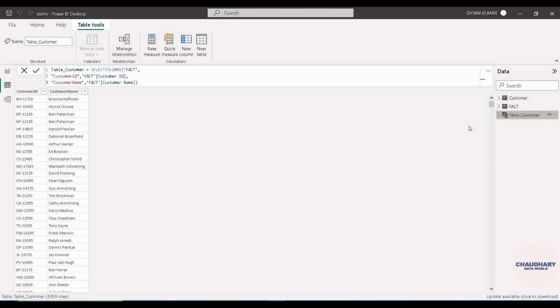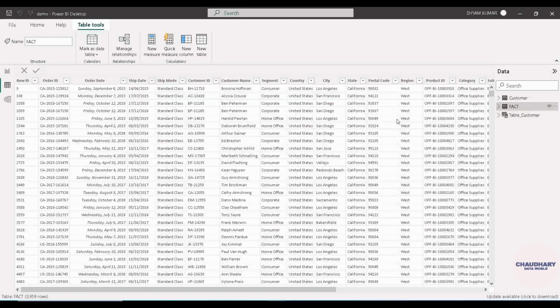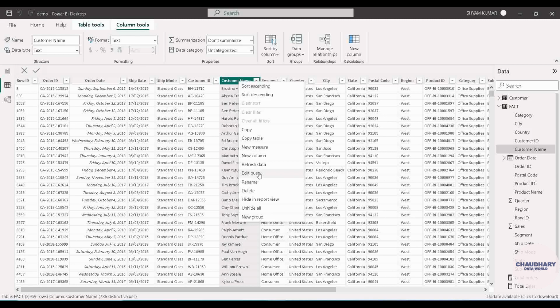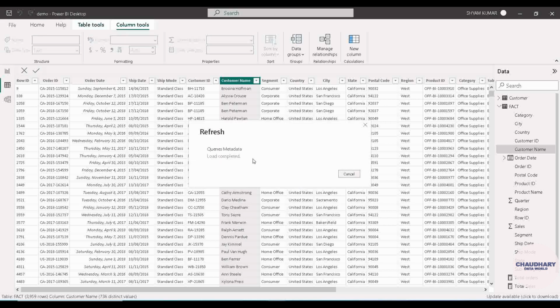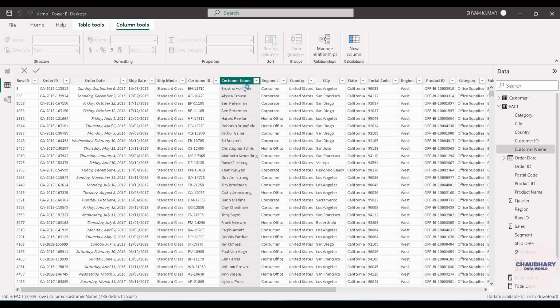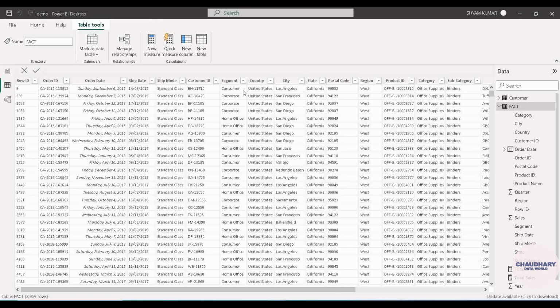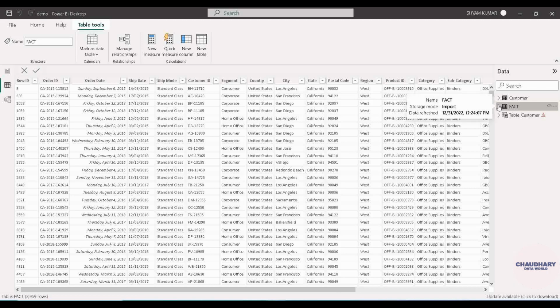But the difference between both of them is the scenario which we talked about: that we want to delete this customer name first, and we have the problem statement that we want this customer name column back in this particular fact table. How is it possible? It is possible in only one way, that is